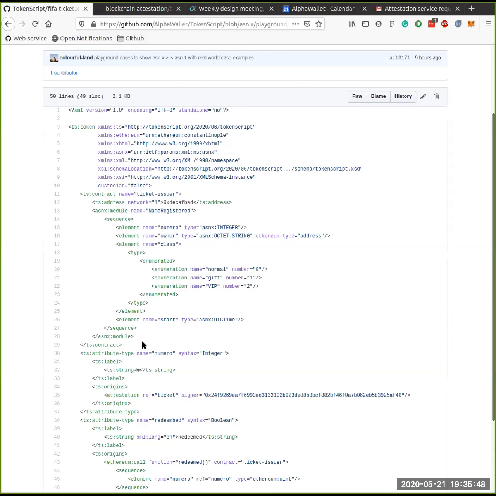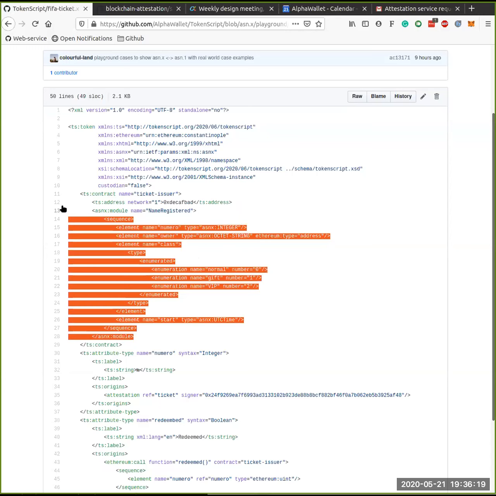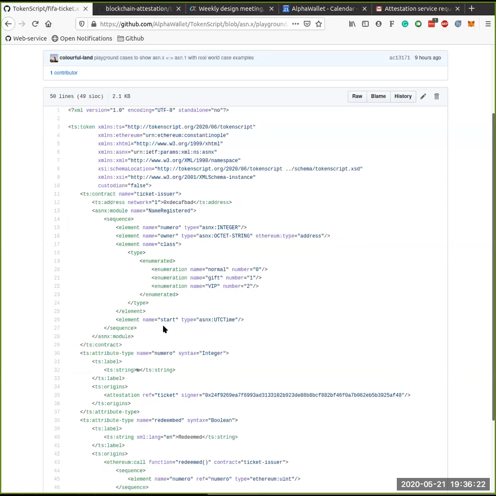And for the TokenScript author, he needs to define what is in the attestation, like a numero, owner, and the class, and the starting time of the event. If somebody wants to write a new ticket, like an Olympic ticket, he wants to write the TokenScript for the Olympic ticket, he just needs to define his own data object to be attested, and then with the help of this library, he's able to construct individual tickets as magic links, and or